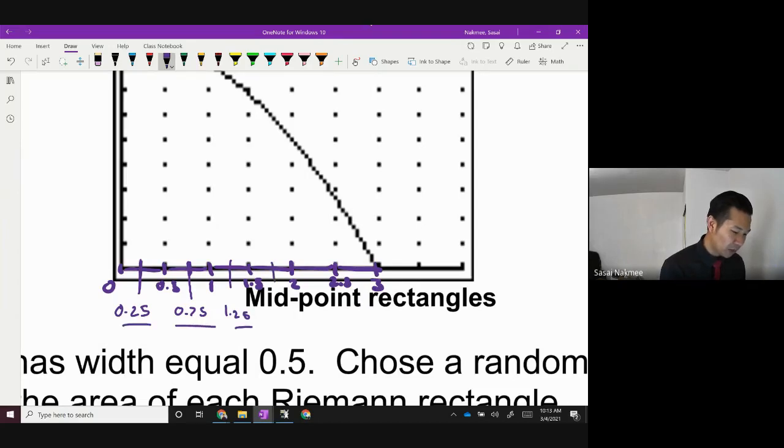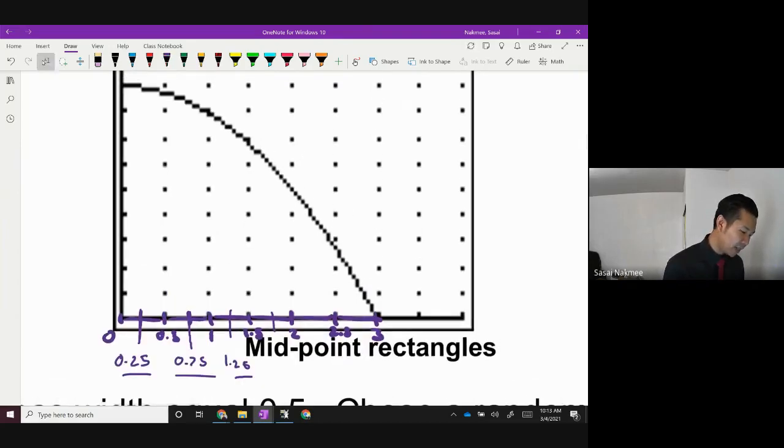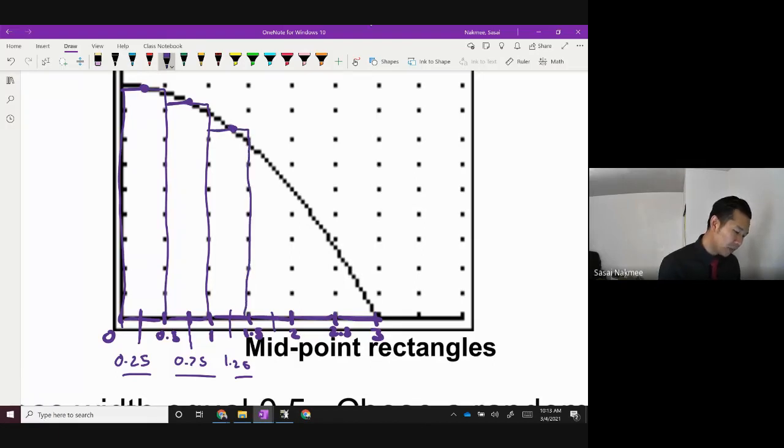So those are the values that you would be using to get your heights, right? The height of this rectangle would go to this midpoint right here, and that would be your rectangle. And then this one would be this midpoint right here to get that rectangle like so, and so on and so forth. You'd be using the midpoint values between these 0.5s all the way through. Make your rectangles a little bit better looking than mine. There we go. So that's the idea for your midpoint.